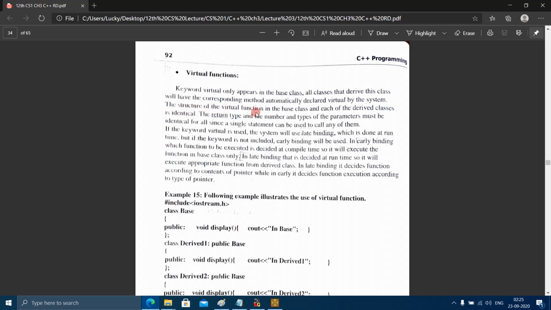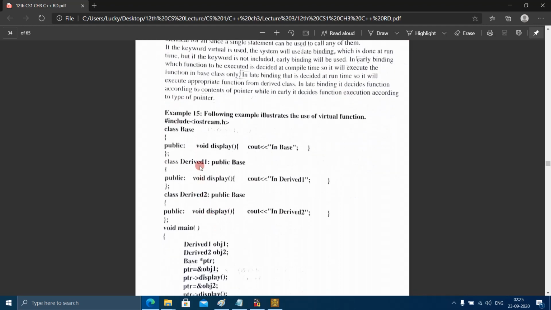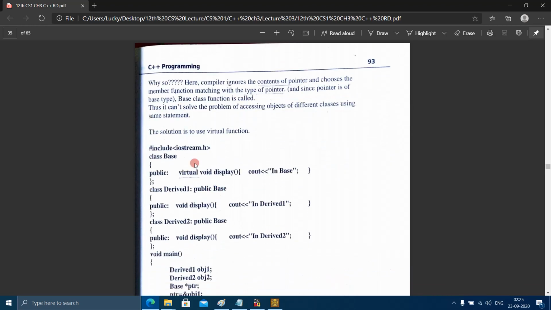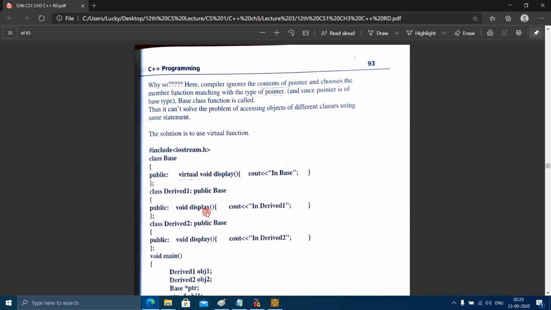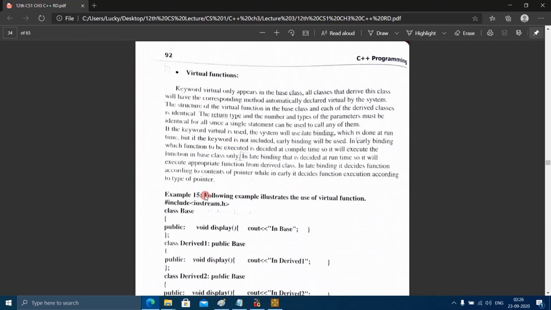The structure of the virtual function in the base class and each of the derived classes is identical. Of course, because if derived 1 is inheriting the properties of the base class, it will inherit them as they are, so it is identical. The return type and the number and types of the parameters must be identical for all, since a single statement can be used to call any of them.